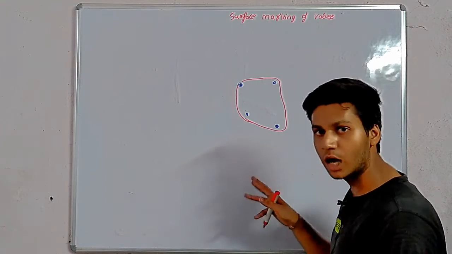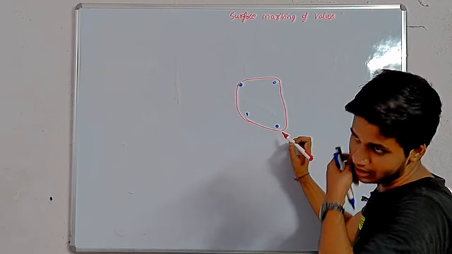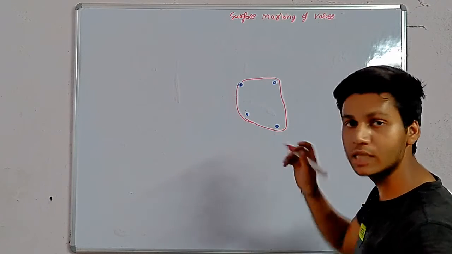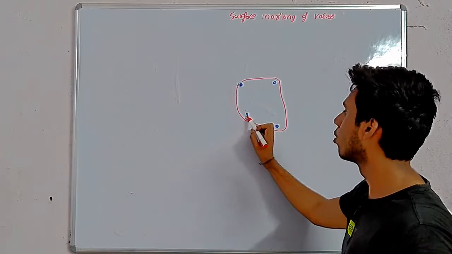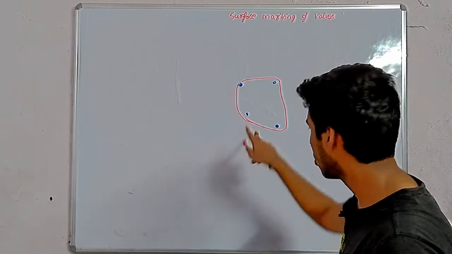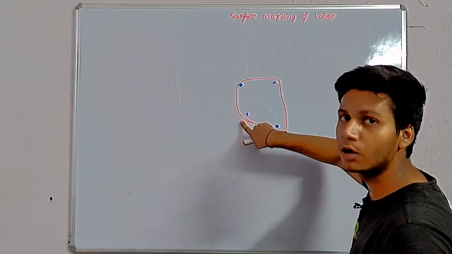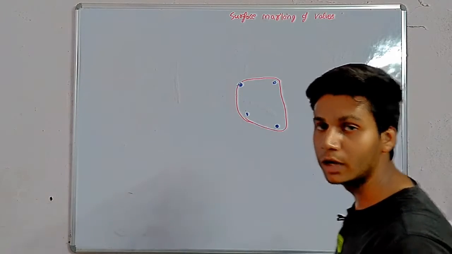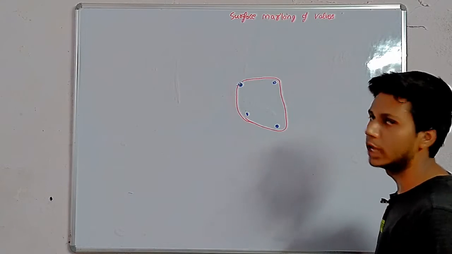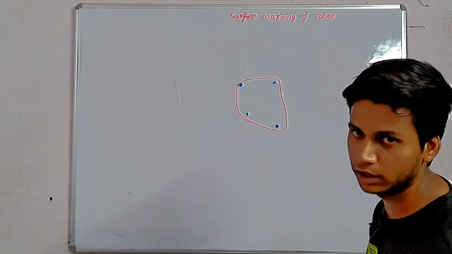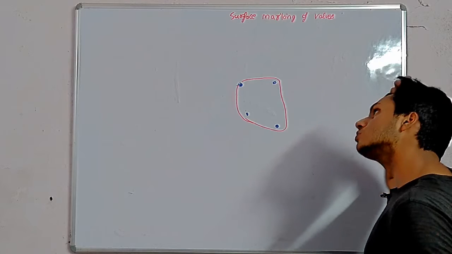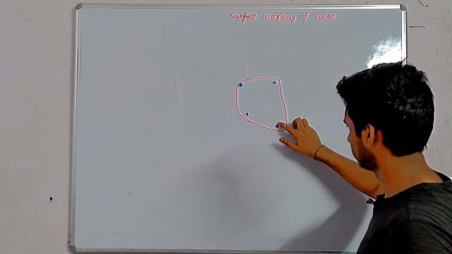And the other 2 valves are the aortic semilunar valve, which is the area of the aortic opening, and the pulmonary trunk valve. These are the other 2 valves, the semilunar valves. One is present between the pulmonary trunk and right ventricle, and the other between the aorta and the ventricle. Done. So there are 4 surface markings.